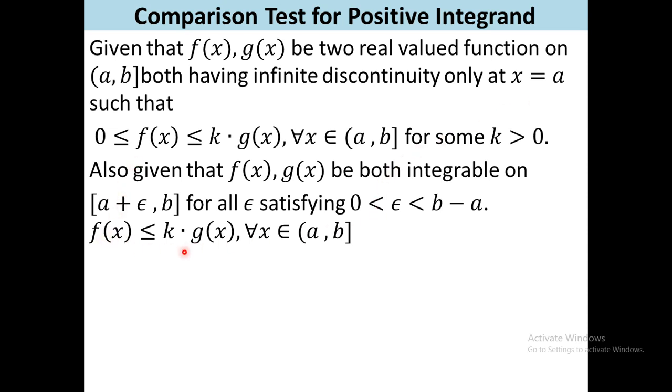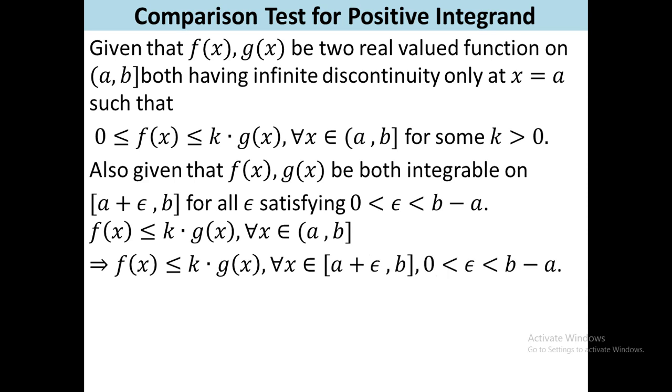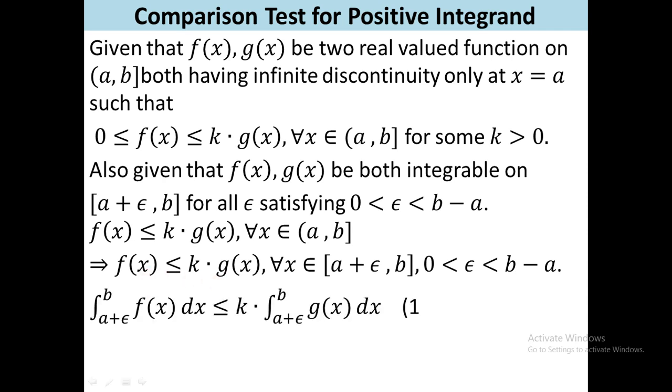Here I write down that relation. Since this relation holds from a to b, therefore this also holds in a plus epsilon to b, where epsilon is that. Now if I integrate that, the relation will be the same, from a plus epsilon to b, we integrate f and g both. If this is equal, this is unequal, that is if it was strictly less than, the result will also be the same. So in the comparison test, f(x) less than or equal to g(x), if instead of less than or equal to we take strictly less than, the result will also be the same.